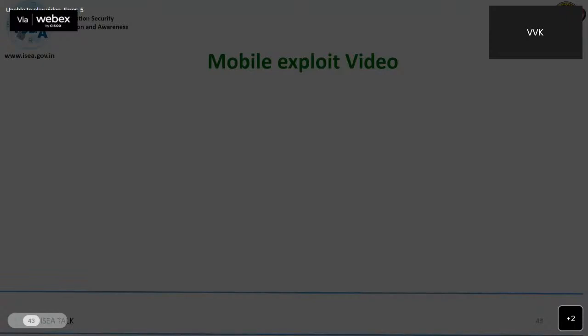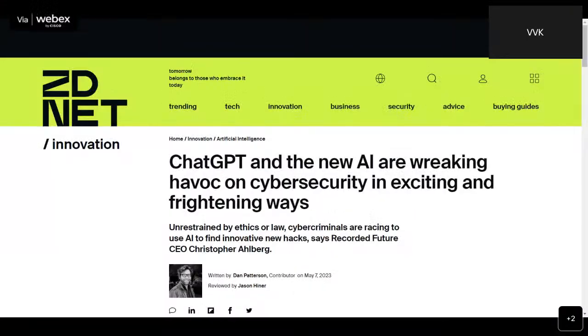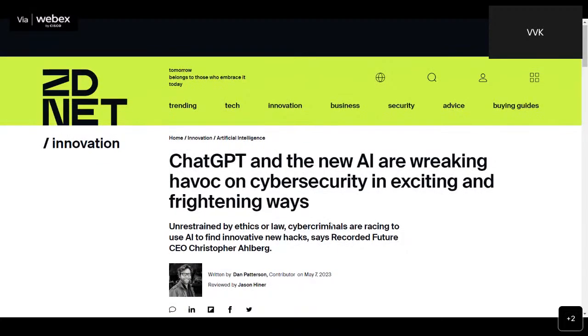So there are other attacks also happening of late. Like for example, you can see this article. People are using ChatGPT like anything for preparing their notes or writing papers or learning new things, right?